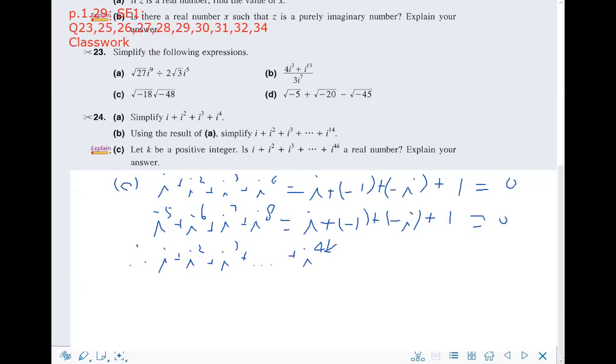Okay, if a number can be written as 4 times k, then it is a multiple of 4. So what you really need to notice is that this is a multiple